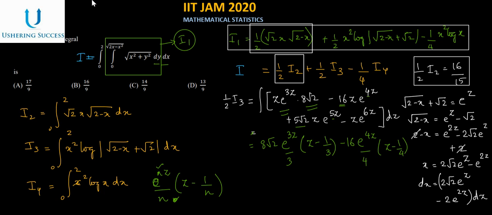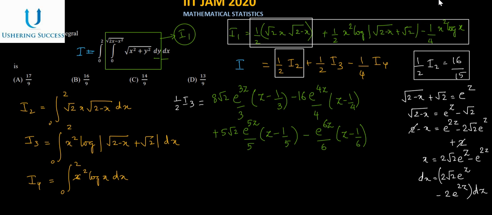So this would become plus 5 root 2 e to the power 5z by 5 into z minus 1 by 5. And the last term is minus 1 into e to the power 6z. So minus e to the power 6z by 6 into z minus 1 by 6,